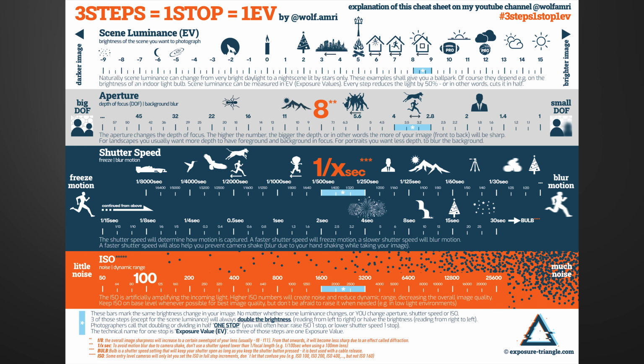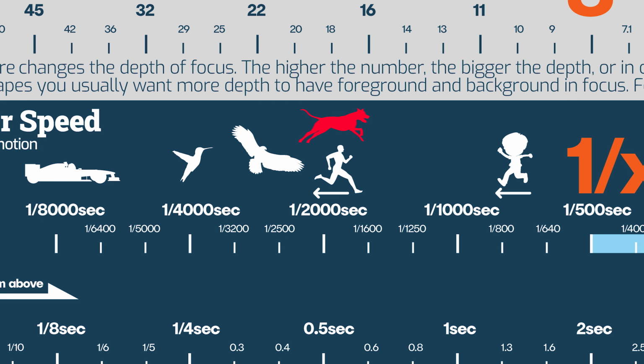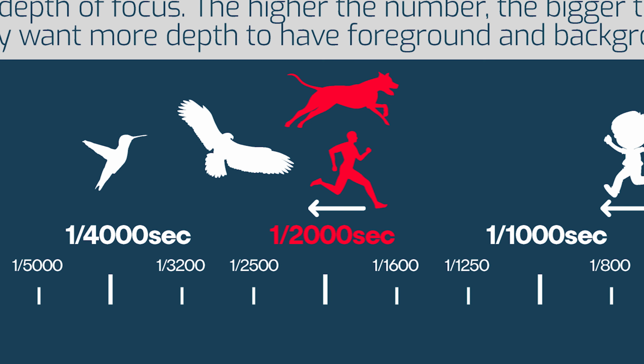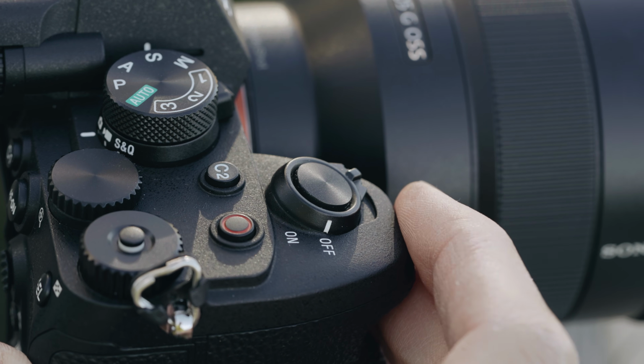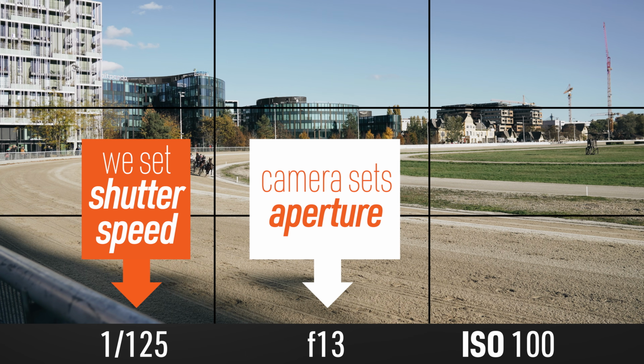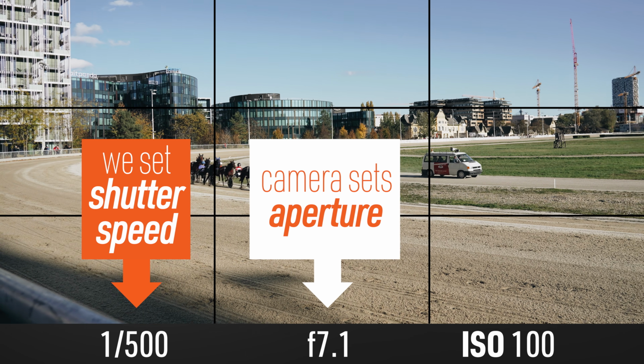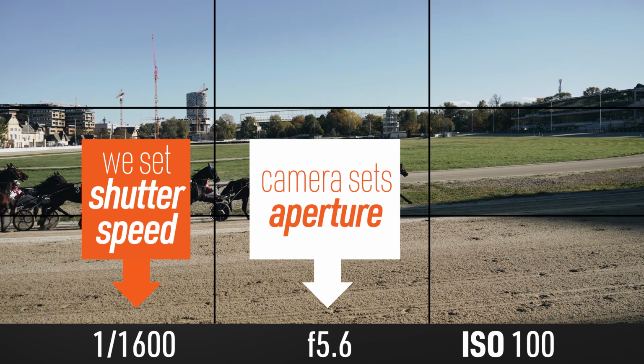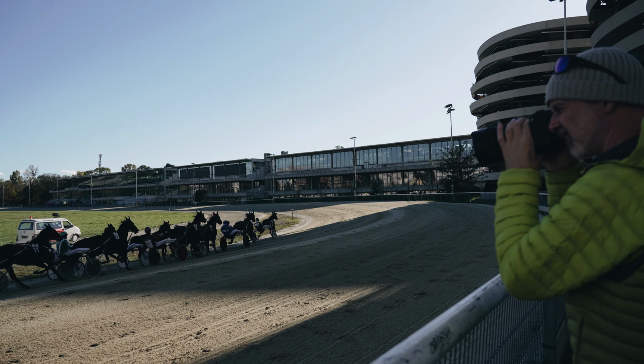Okay, but which shutter speed should I choose? Let's have a look at the cheat sheet. It doesn't show running horses, but running dogs. That's pretty similar. You could basically say these symbols stand for fast actions of humans and animals. So we will set 1/2000th of a second shutter speed. We do that using the dials of your camera. The aperture is then supposed to automatically cooperate with the chosen shutter speed and create a well-exposed image. But let's see where that gets us.